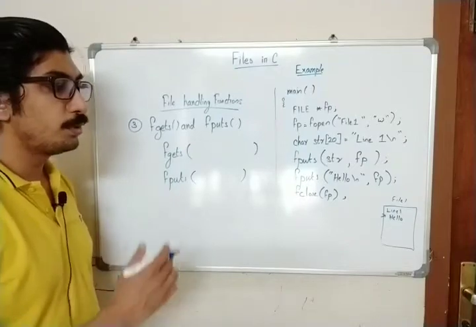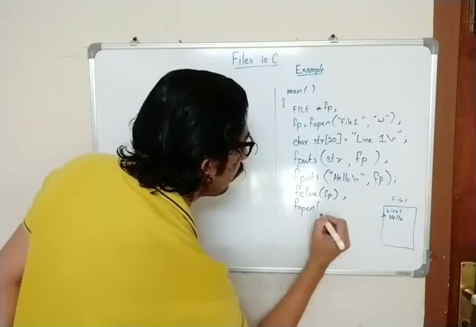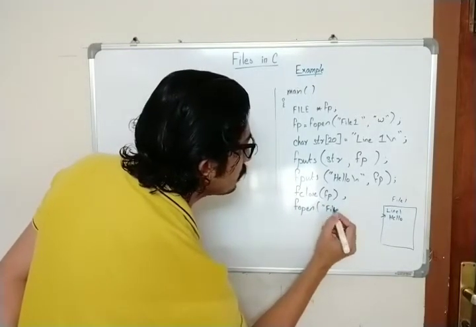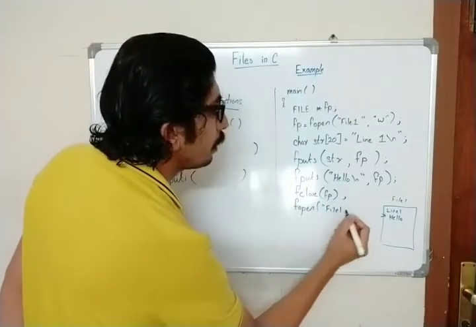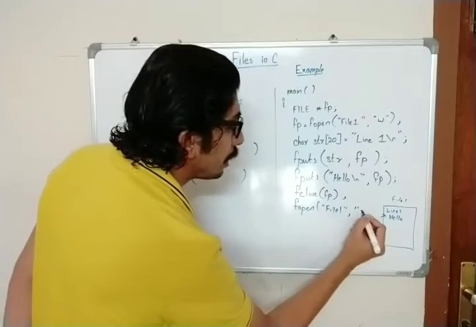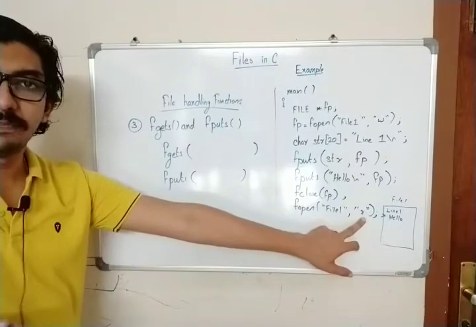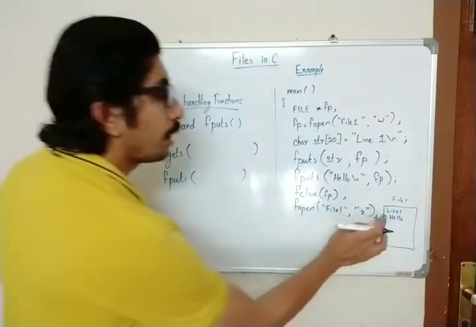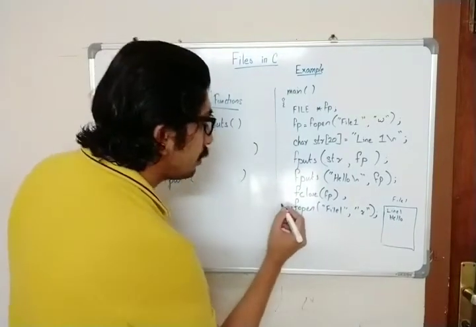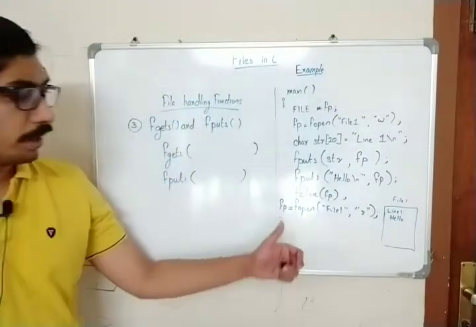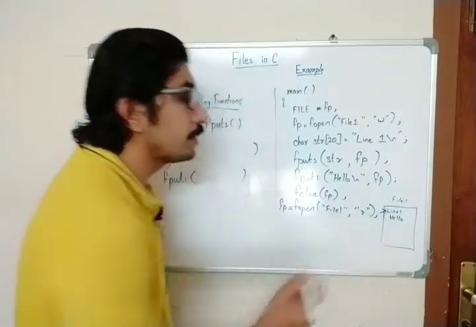Now suppose you have to read the content of this file, what can you do? First of all, you have to open the file. You have to give the file name exactly the same as you have given earlier, so it is file1, and now the purpose is to read, so you will open it in read mode. You can see the mode has been written as r, which means you are going to read the content. It will return a pointer, so we can store it in any variable name. I am again using the same variable name fp. Now fp will be pointing to the first line.